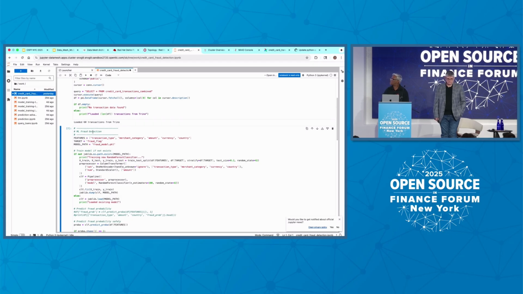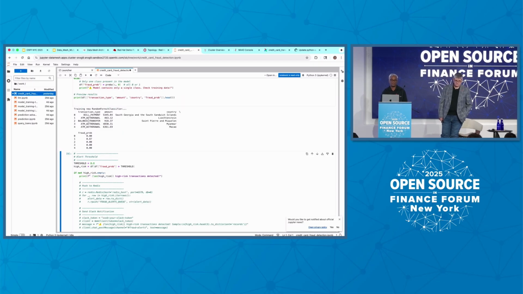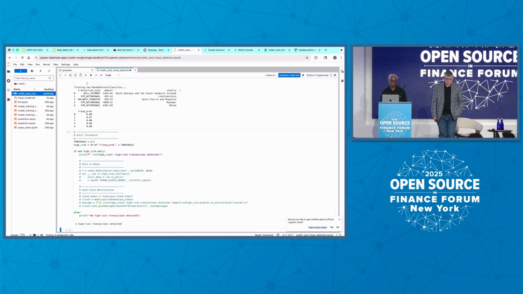As a data scientist, I wrote my model. These are my features. I'm extracting the features from my data, and this is my flag. Based on this model, I'm going to identify whether it's a fraud transaction or a non-fraud transaction. So these are the key features. This is identified, my model gets trained. Now we can see that there are 2 high-risk transactions. From my data, there are 2 transactions that are fraud transactions.